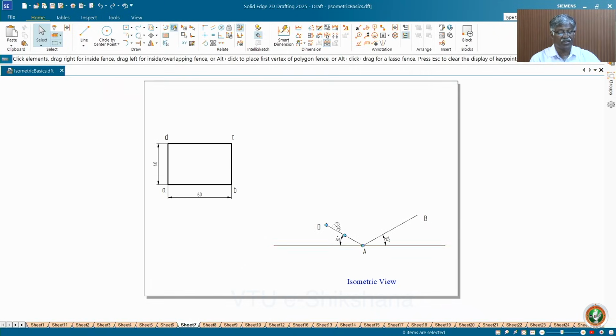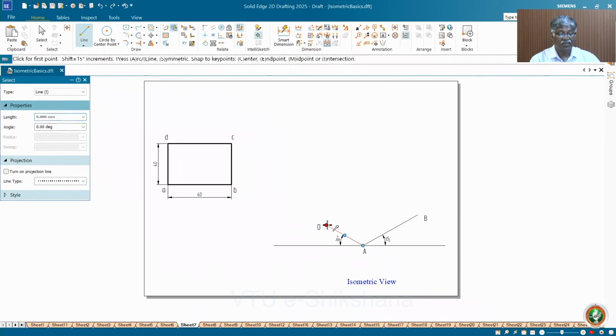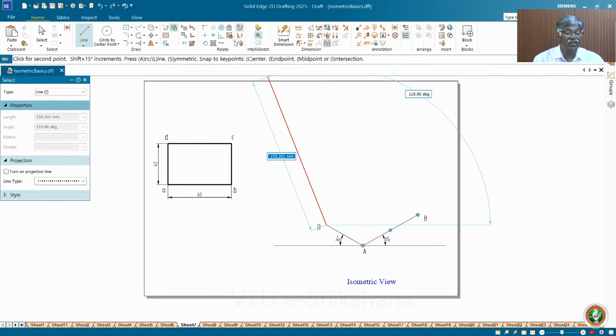If it is isometric projection, reduce lengths. Next, draw two parallel lines to this. This is very easy in the computer. See, just take the line and touch this and move. You will get a parallel symbol. Okay, you will get the parallel symbol. This one,